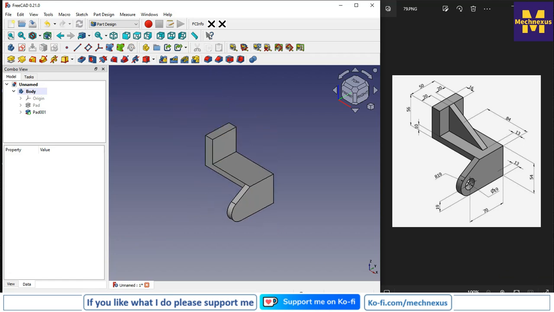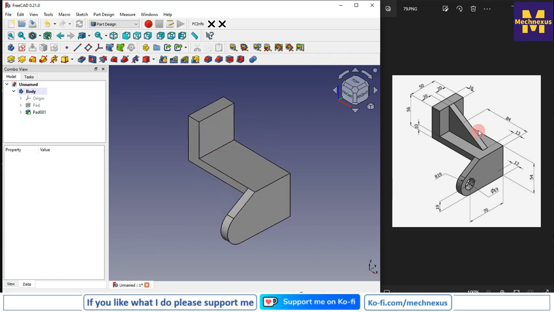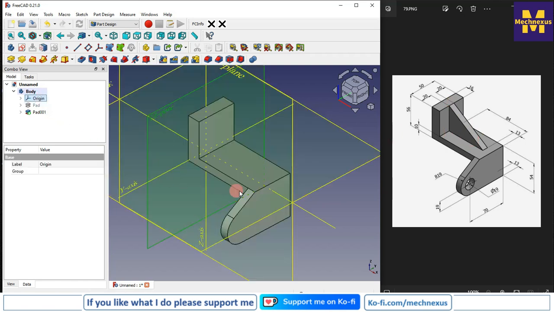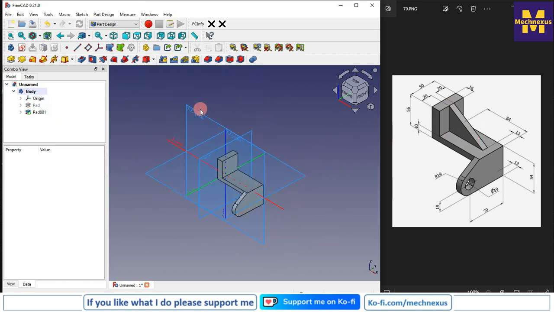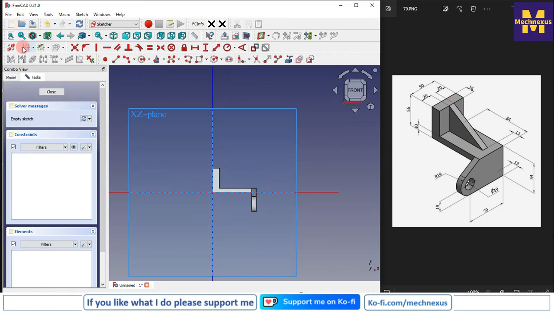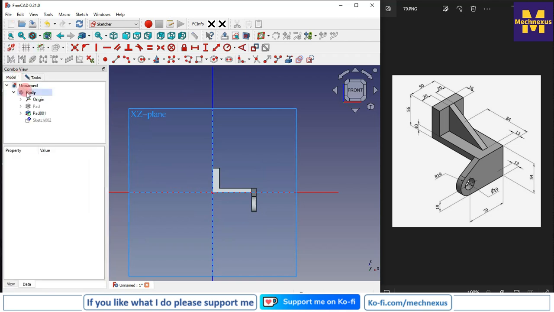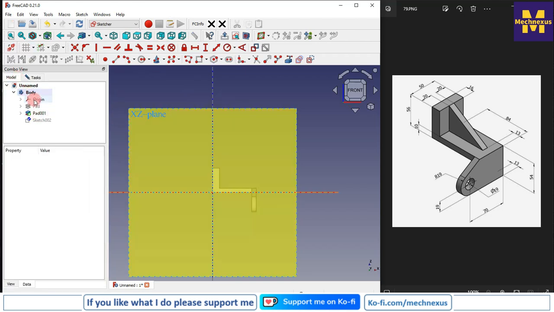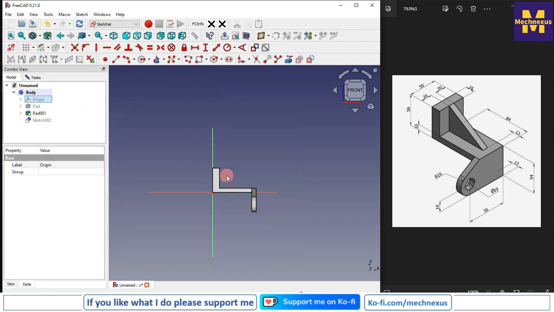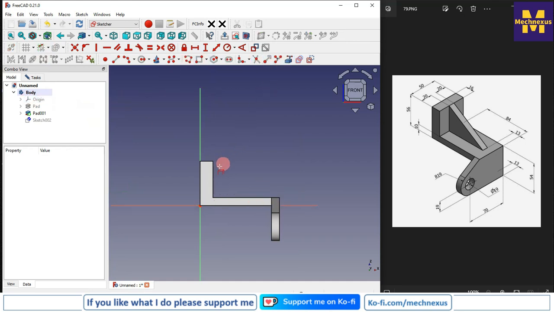And now the next feature which we will create is this rib. So for this, on the origin plane, we will select this XY plane and click on the sketch, switch to the model tab of the origin, and now we will project this geometry. So click on project geometry